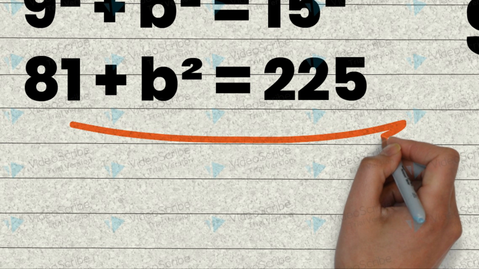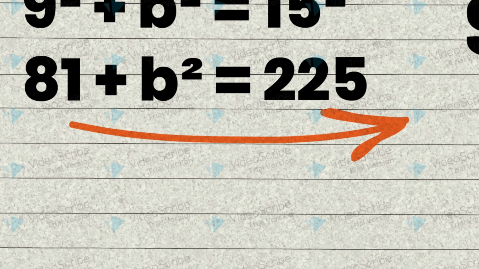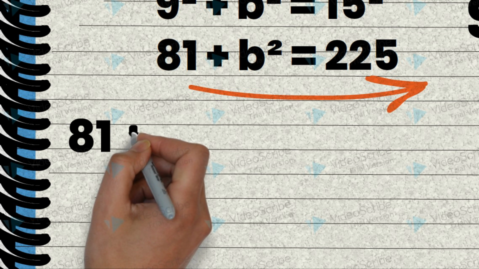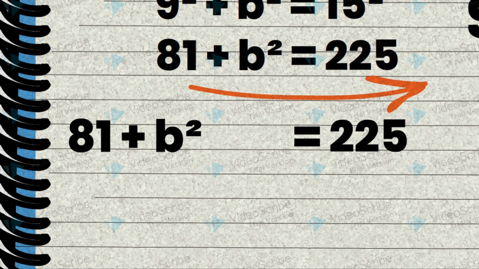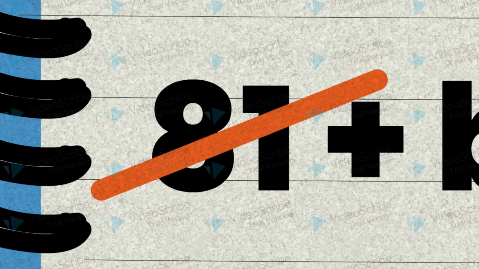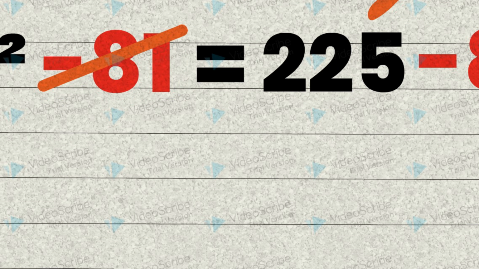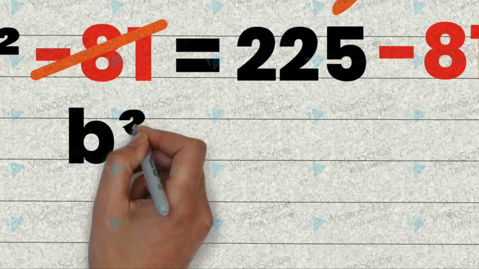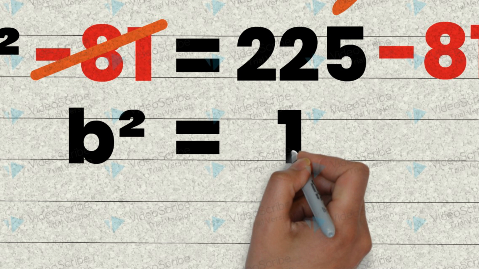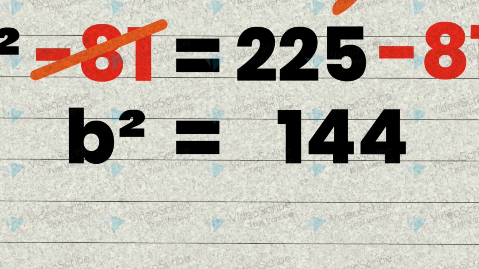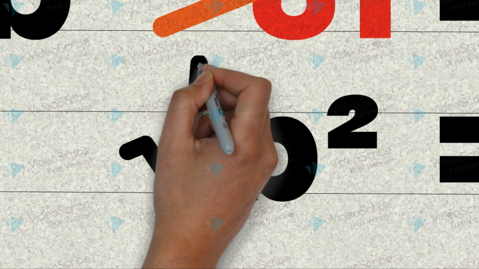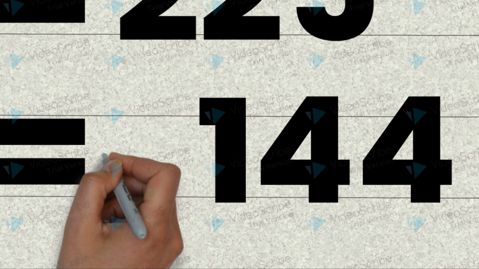We have to get rid of 81 by transposing it on the other side. And that will be possible if we take 81 from both sides. Now what remains on the left is B squared, and 225 minus 81 is 144. Get the square root of both sides, so B is equal to